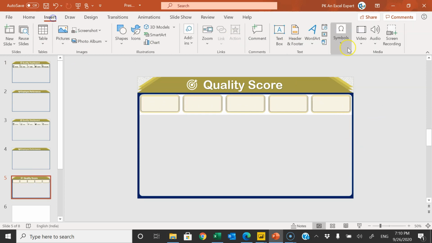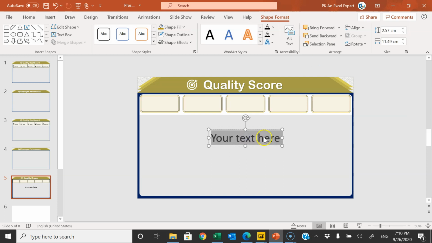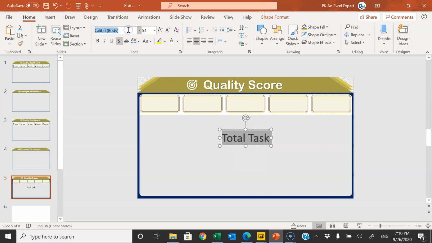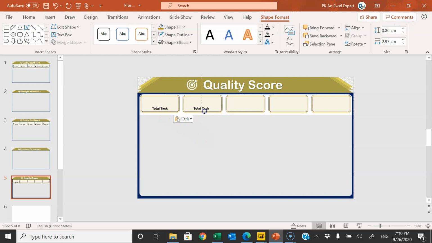So we can go to the insert, word art, let's take this word art. This will be for total task and I will take font name as Arial Rounded MT Bold. Size make it slightly smaller. Let's keep this here. Copy and paste. Keep this here and this will be for sample.